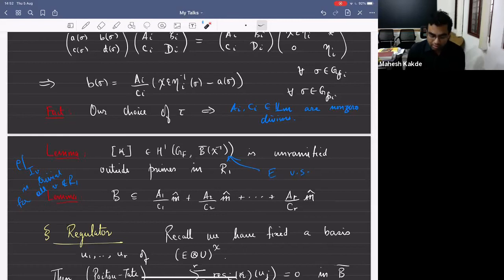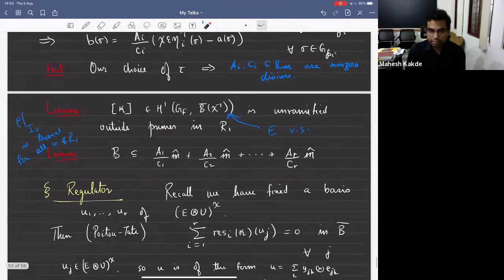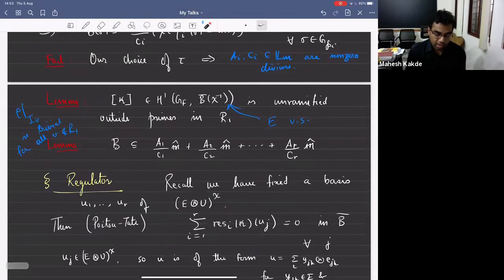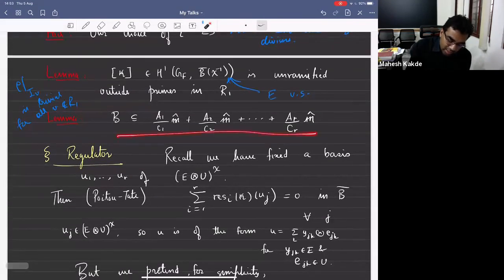And then at R1, this lemma is not saying anything. And in fact, at R1, this will be genuinely ramified, because you can show that there are no classes in here which are unramified everywhere. So it has to be ramified at least at some places in R1, and in fact, it is ramified at all places in R1. And then there's some second technical lemma that I'll again not prove and not even say much about what the idea is. But this is an important ingredient in